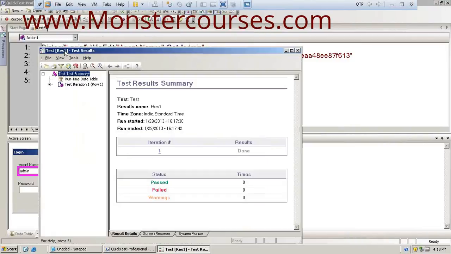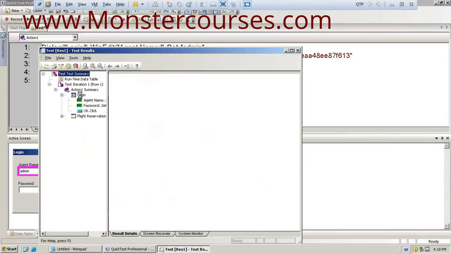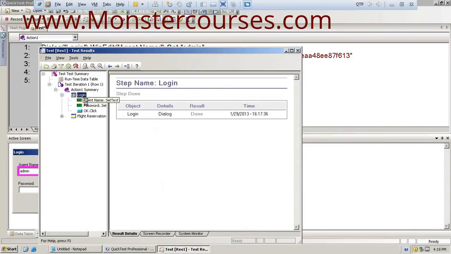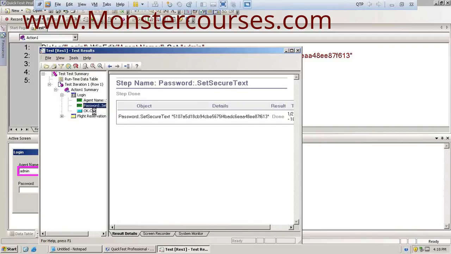In the test results window, you can see the set of actions performed by the tool on the application. So it has opened the login application. It has entered agent name as admin. It will also show us the date and time information along with the result. It has entered the password. It has clicked on OK.